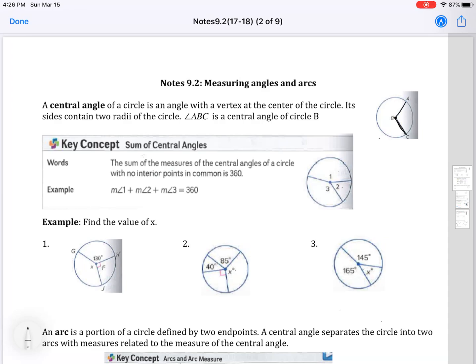All right, important thing to note is that we know that the central angle is equal to the arc that's across from it. So let's just make a note from the other day. Central angle equals measure of the arc across from it. So just write that somewhere on your note sheet,